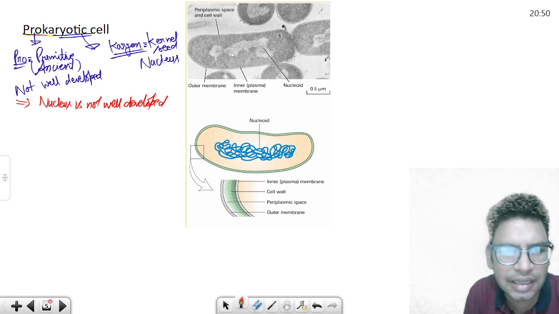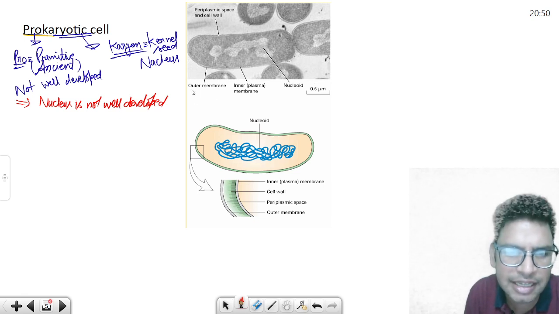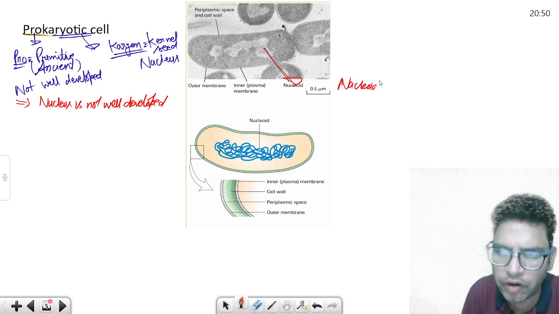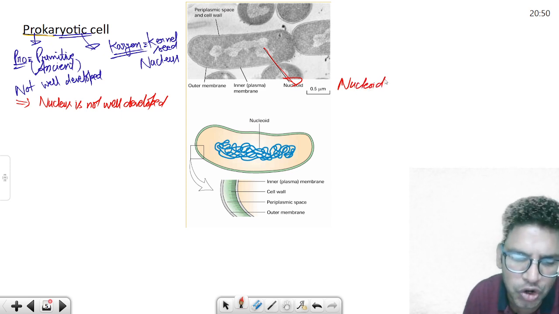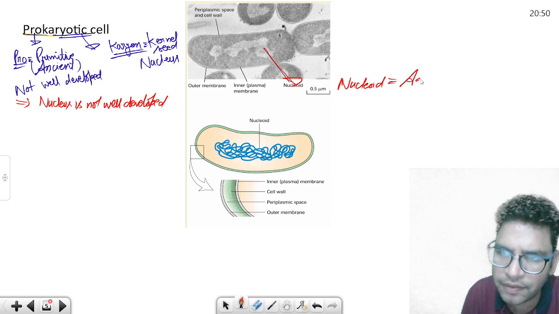So you can see in this diagram there is some kind of membrane, and let me tell you, here you have this region, it is called a nucleoid. What is a nucleoid? It is written here also. It is called nucleoid. Nucleoid is what? It is an aggregate of